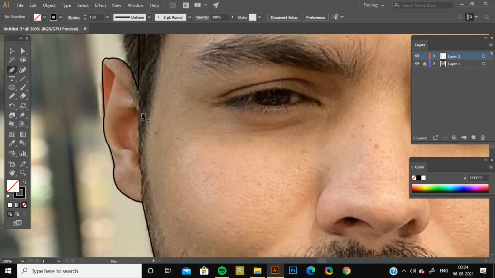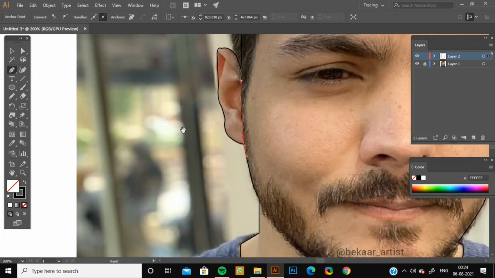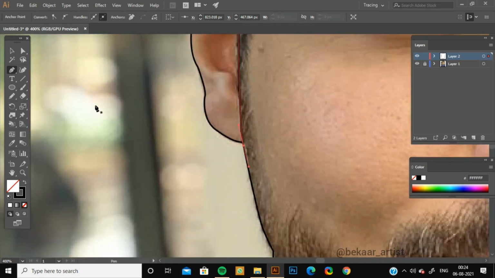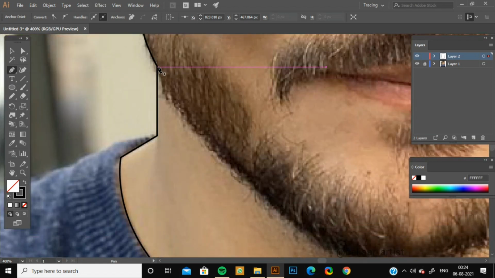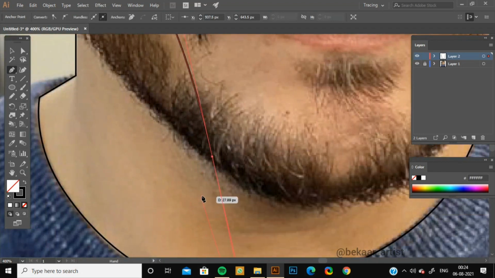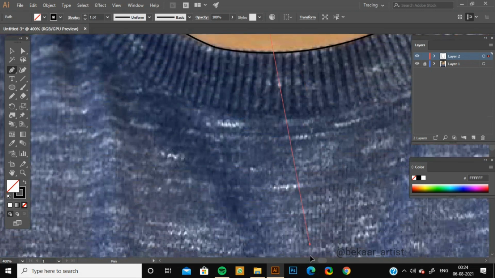And then we'll create one stroke here, and one to define this face line. So I will place the cursor at this corner of the stroke, and then just give his face a little shape like this.